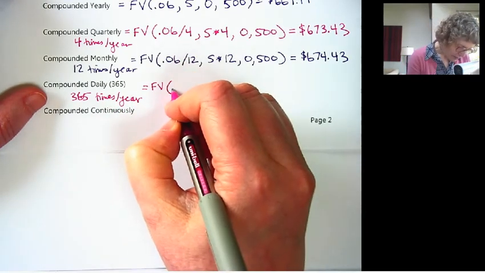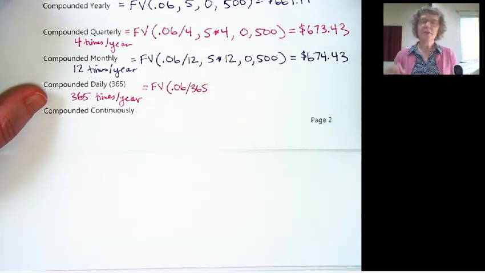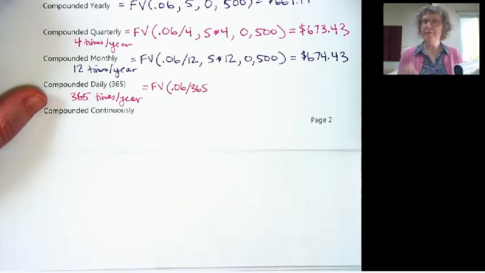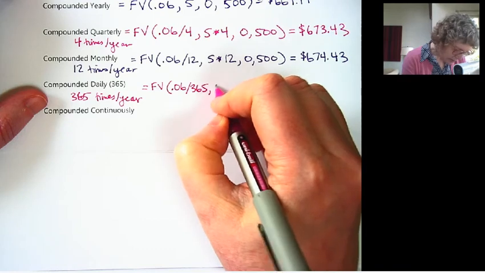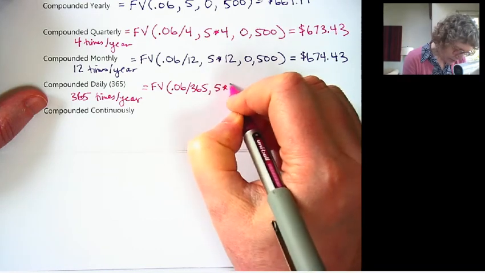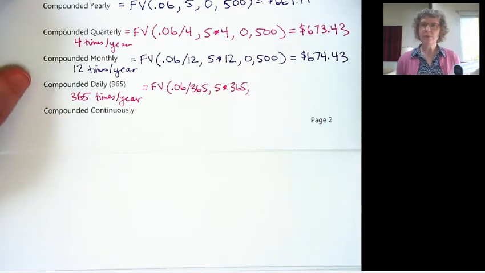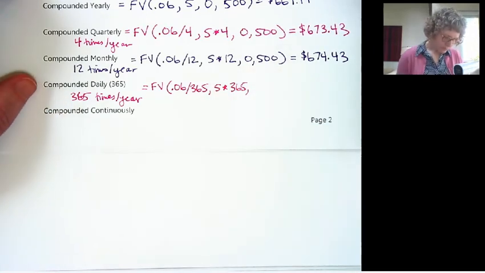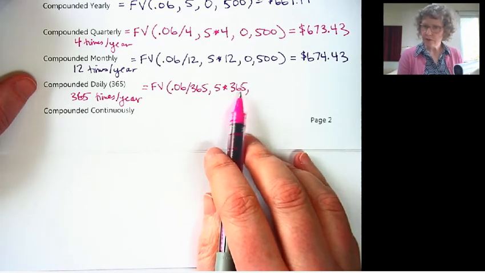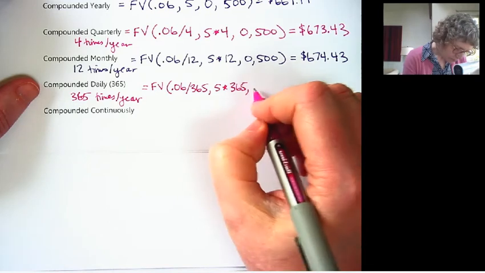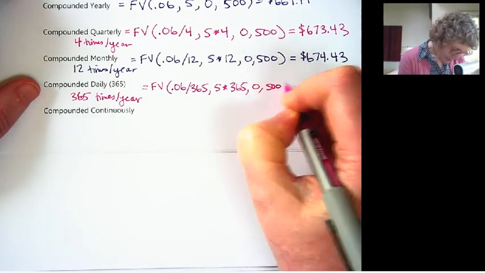So this is getting a 365th of the rate every day. So it's a very small rate, but we do that 365 times over a year for 5 years. So that's a lot of times. Again, you don't have to calculate that out to put that number in. You can just put it right into the spreadsheet. Unless you're curious what that number is. I kind of am.